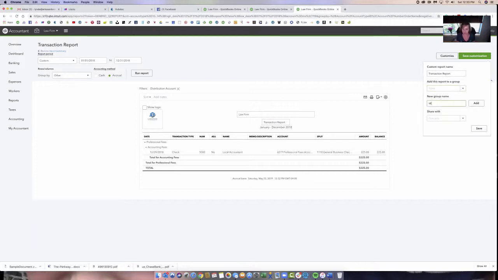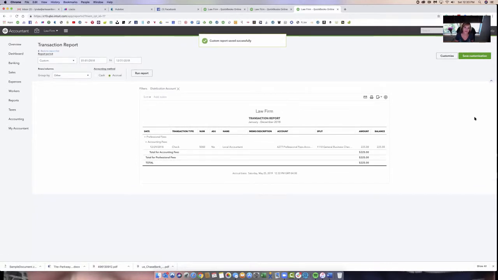You can just go in here, just go monthly, and then add it, and then save it and call it questions on transactions. This can be the name of the report, and then you share it with everybody. And then once you've shared it, if you have staff, I highly recommend sending that report to yourself once